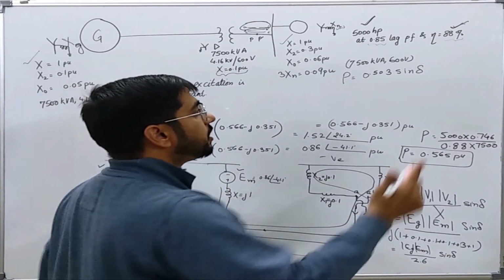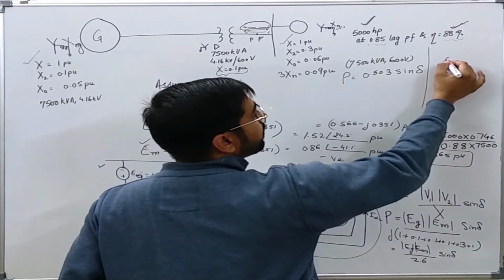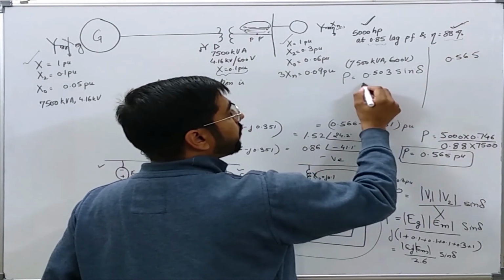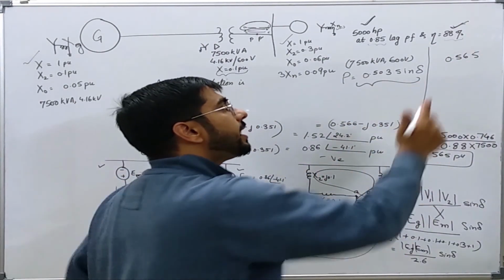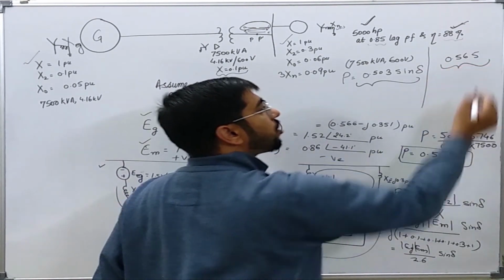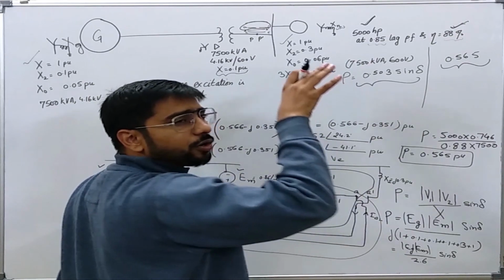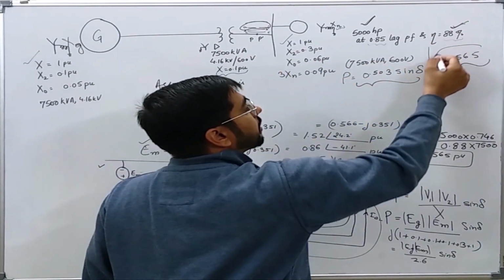Okay, now initially it was delivering power 0.565 per unit. Now we will compare that this is the possible power in the faulted scenario and that is the power in the normal scenario. You can clearly see that in no case the motor is going to get this much power,